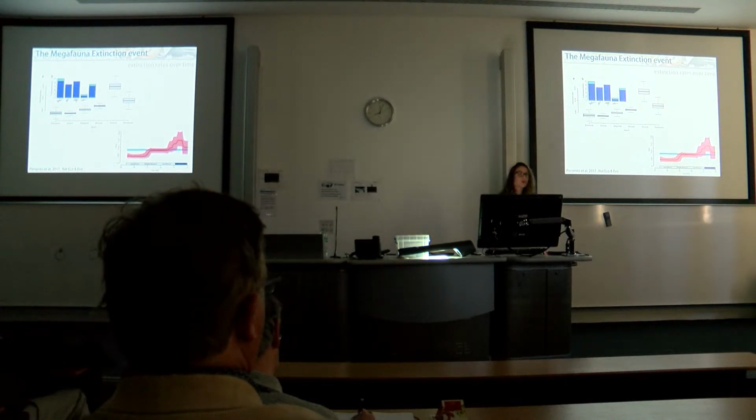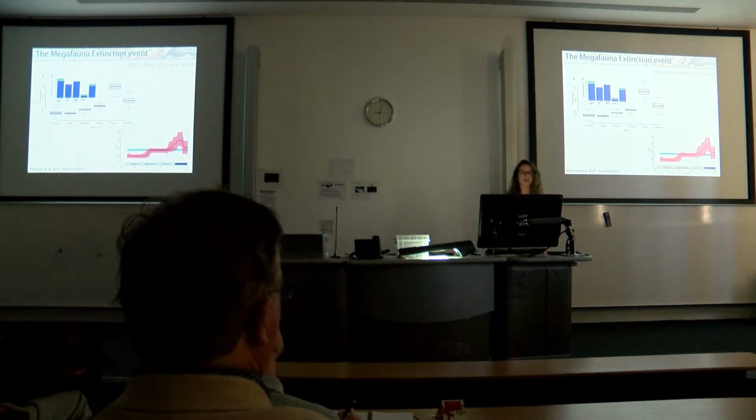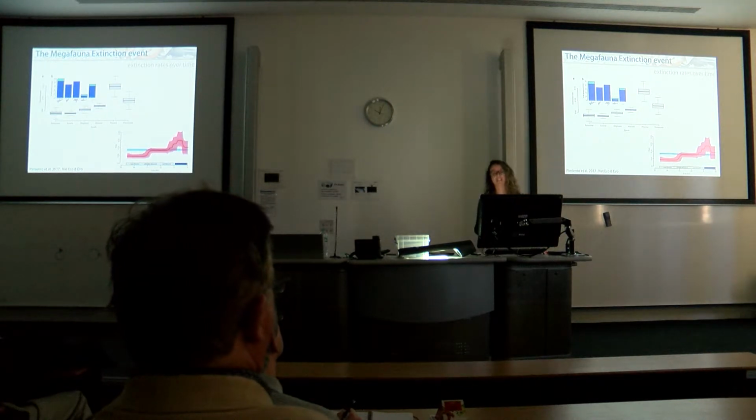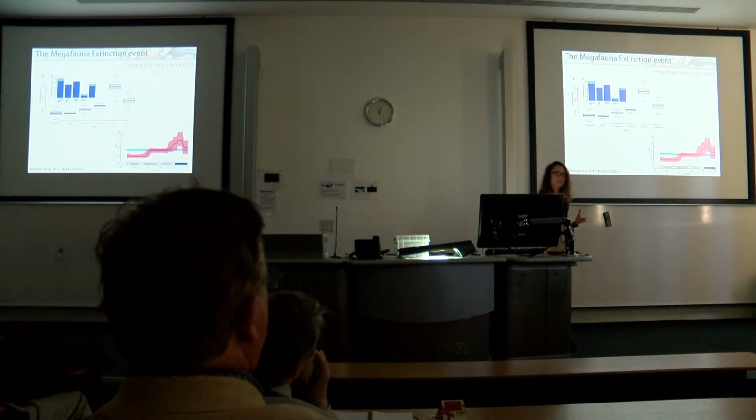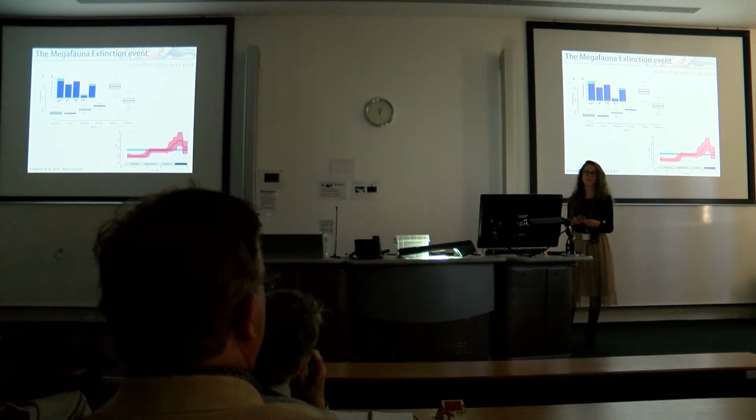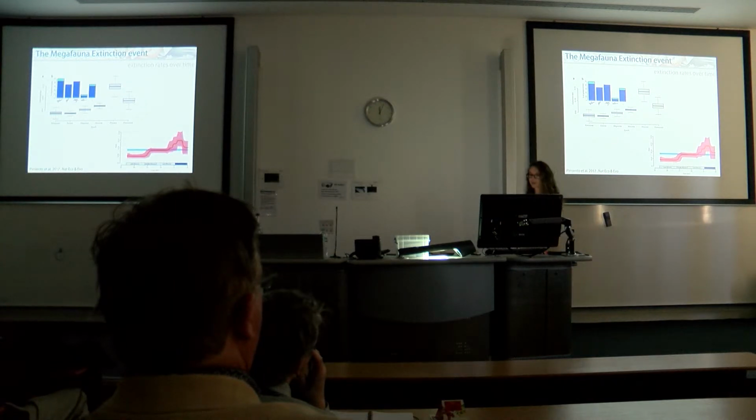When we look at the proportional extinction, we found that each group of megafauna, I have to say that megafauna includes marine mammals, seabirds, marine turtles, sharks, and rays. When we combine them all, there was a proportional extinction of 36%. So around 1/3 of the taxa became extinct around this time.